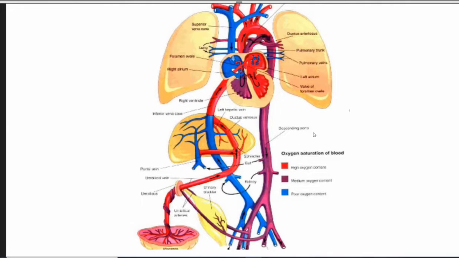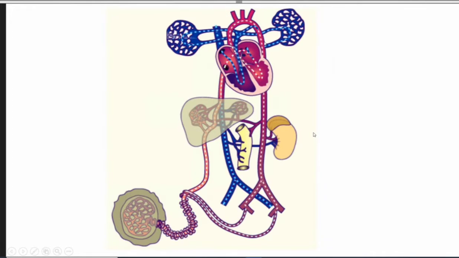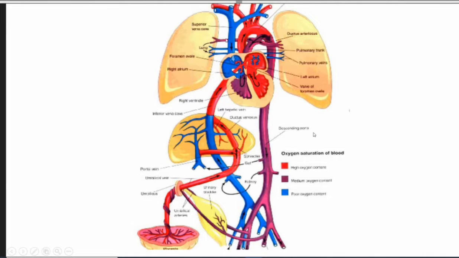Why do we need these shunts? These shunts are needed to take the oxygenated blood from the maternal circulation through the placenta or umbilical vein into the left side of the fetal circulation so that it bypasses the fetal pulmonary circulation, where there is no oxygenation going to happen. So that's the reason for these three shunts. Now let us look at the fetal circulation. So this is the placenta and that's the umbilical cord. Now the umbilical cord has two umbilical arteries and one umbilical vein.